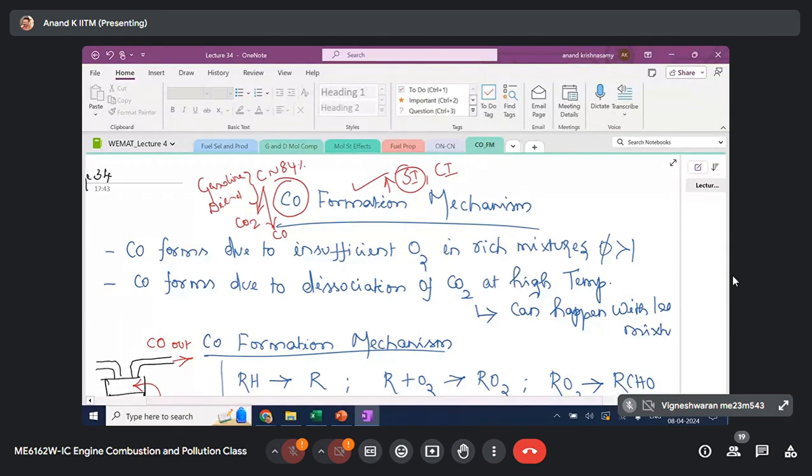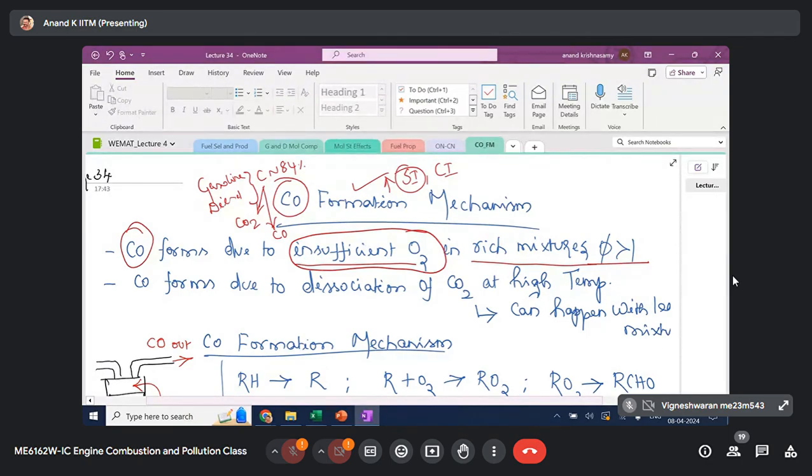So what could lead to partial oxidation? The primary reason, as you can think of, is insufficient oxygen. When oxygen levels are high, CO is going to get oxidized to CO2. When oxygen levels are low, CO can only partially oxidize; it cannot completely oxidize. This is happening with rich mixtures. A rich mixture is the primary source for forming CO, because in rich mixtures you have oxygen deficiency. Insufficient oxygen will result in partial oxidation of carbon, leading to high levels of CO in the engine exhaust.